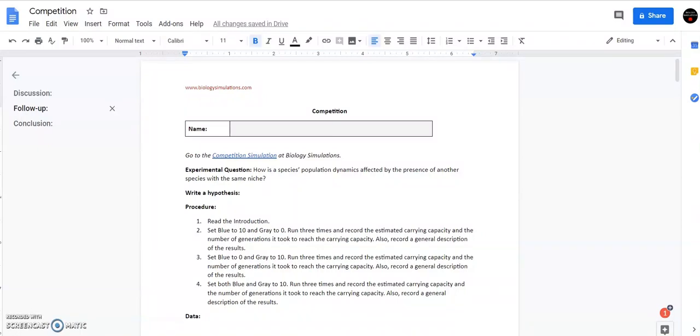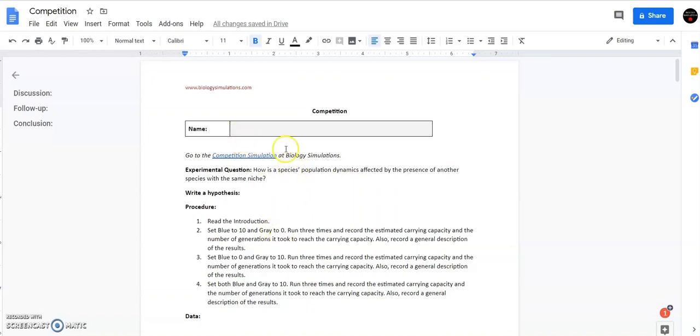We are looking at how to take an existing document and convert it into a Google Doc that specifically is friendly to using in a distance learning or a paperless learning situation. So we want everything to be where students can easily enter their answers in and have a format that makes that easy for them to see where they should be entering things, and also make it easy for teachers to